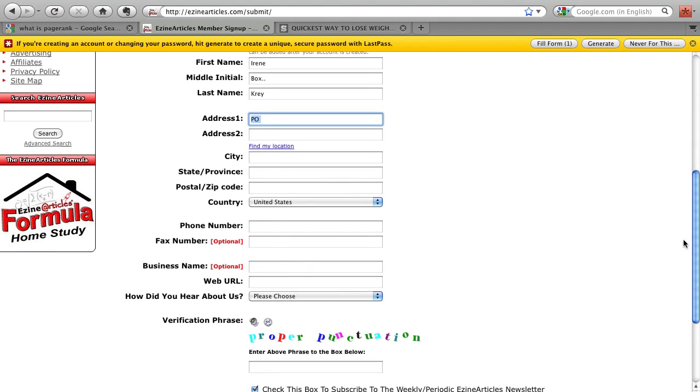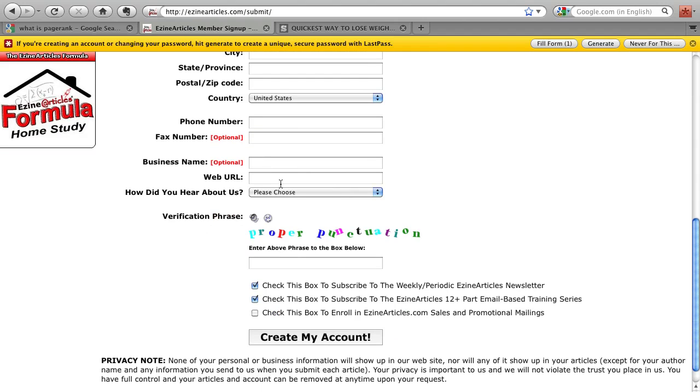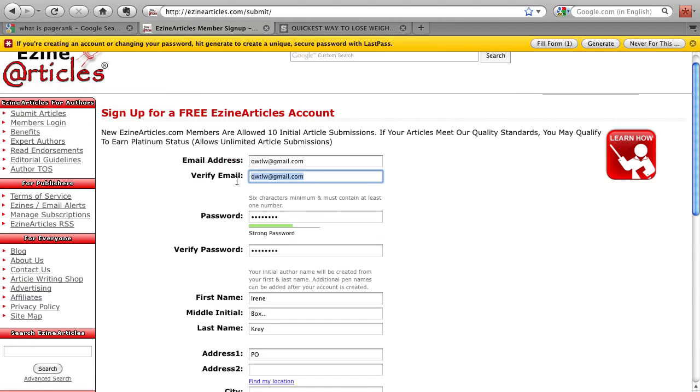Pretty much just fill in everything that you see right here. You've got all those options, then fill in your captcha and click on create my account. What will happen is that it'll send an email to that address, and then you simply confirm that email and you're up and running to use the Ezine Articles account.